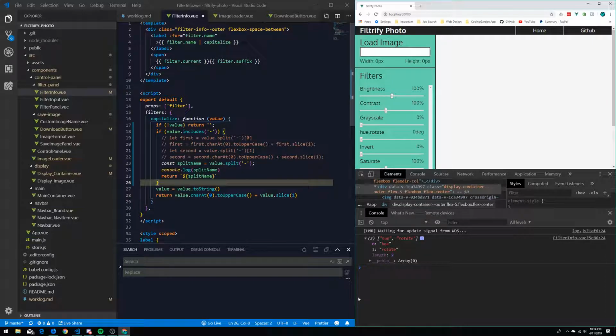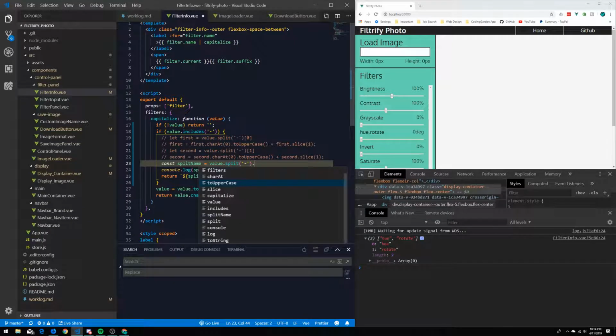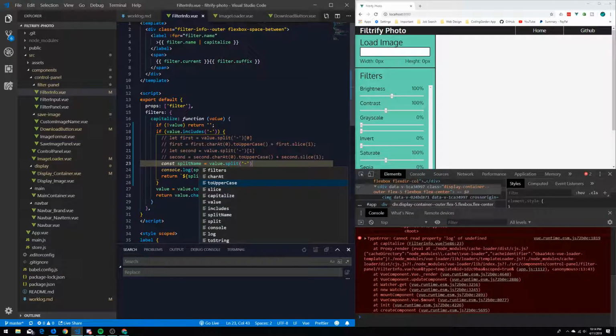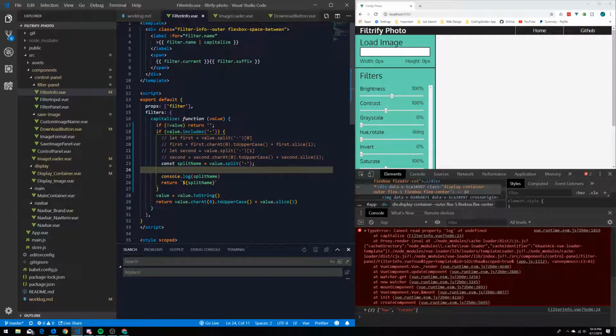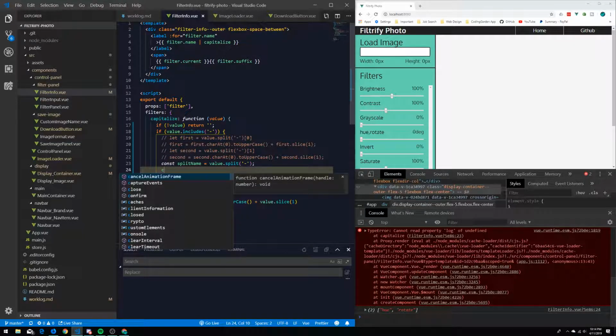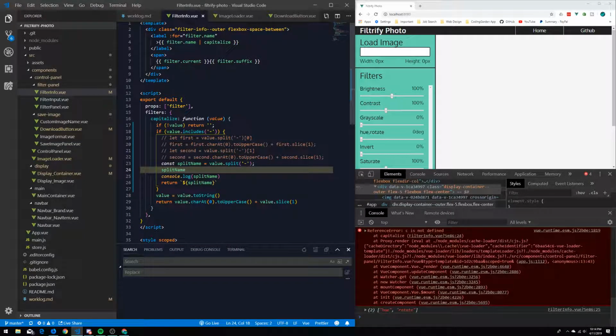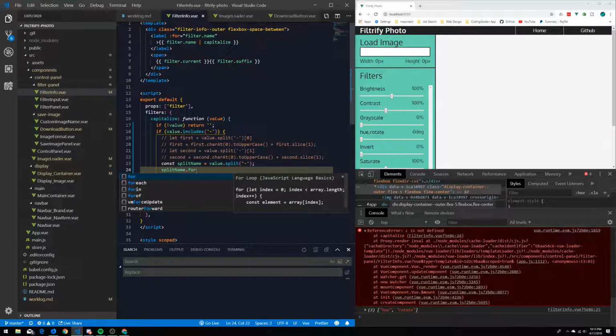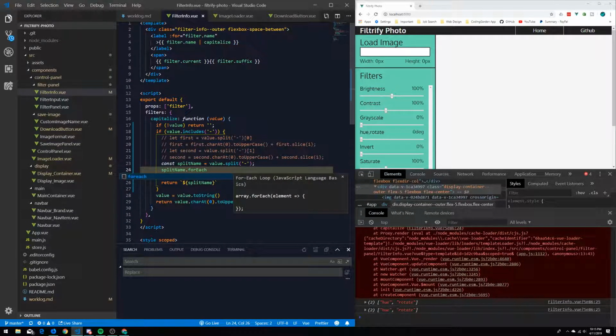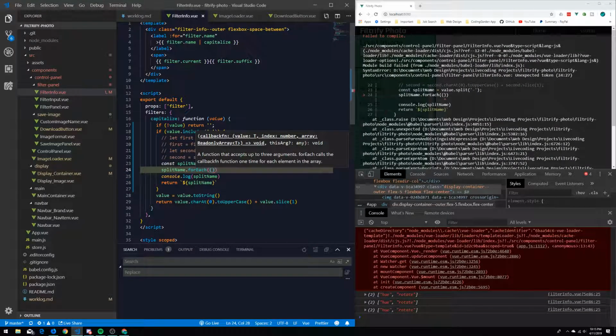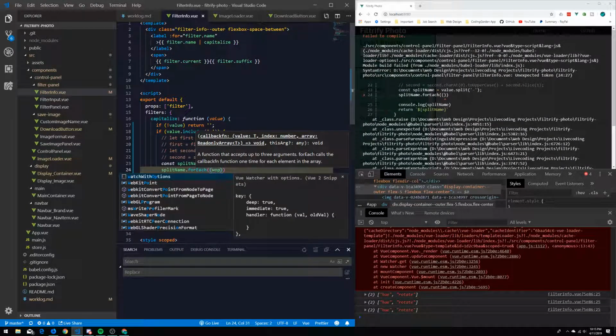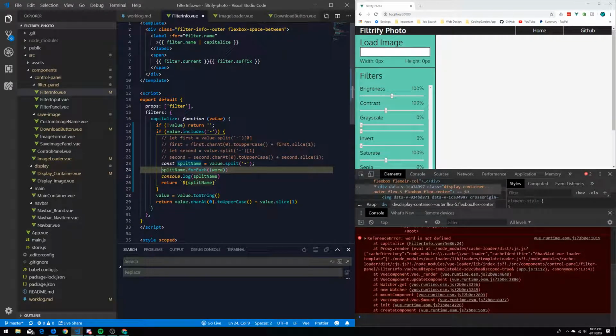And so now we can just say split name dot forEach word. Okay, so what we need to do actually is we're going to have to put this in a variable. So we can say const